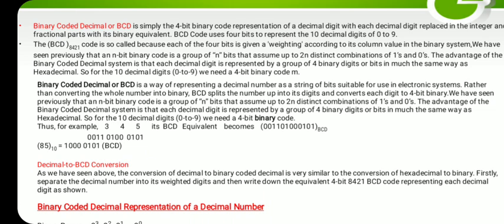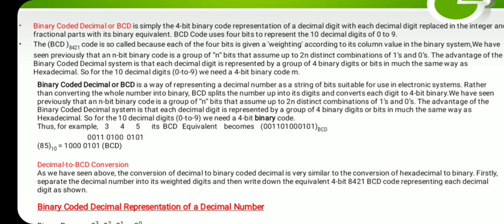But in BCD code we do not take all 16 combinations, unlike hexadecimal code. The hexadecimal code is also one form of representation, where after 9 we represent the double-digit numbers by alphabets, and we represent each digit in a hexadecimal number with 4-bit binary. But in BCD code, binary coded decimal, it is different after 9.